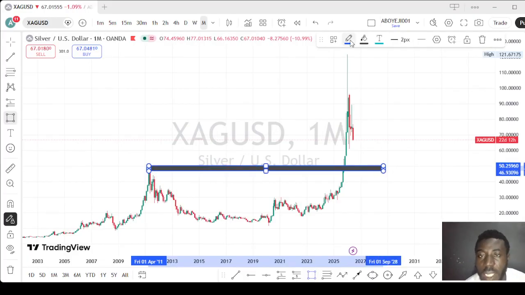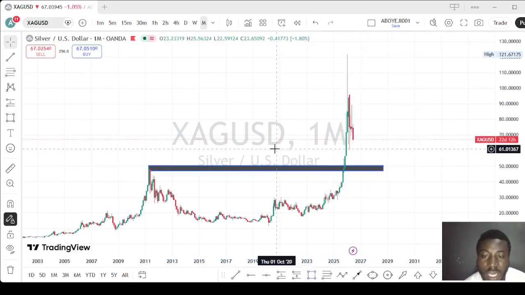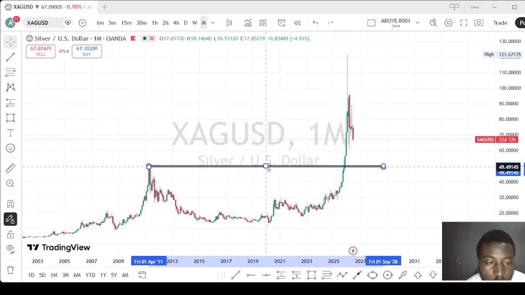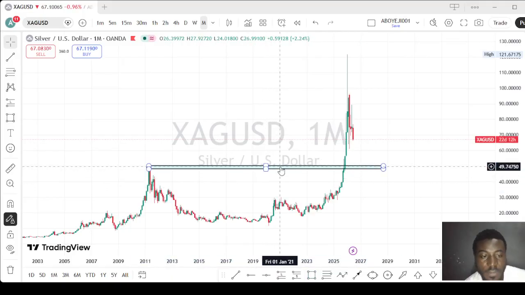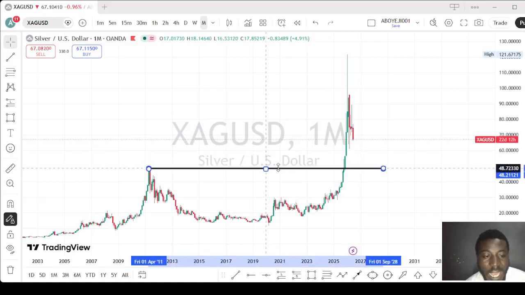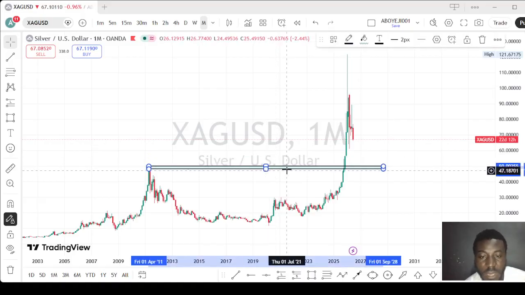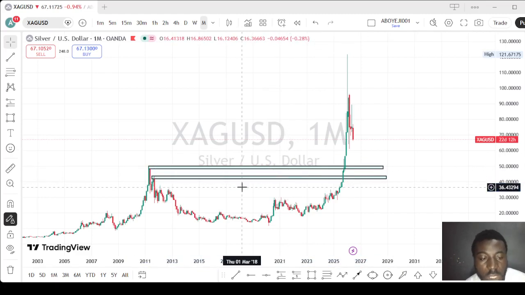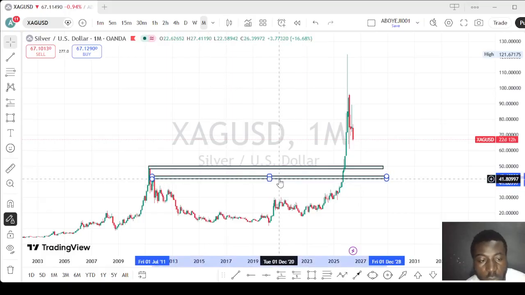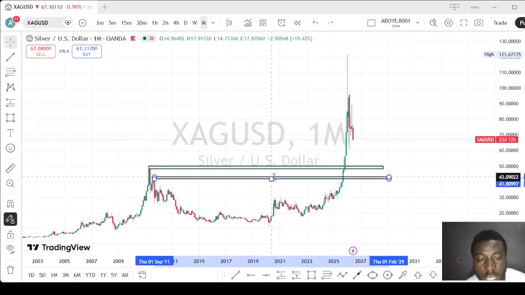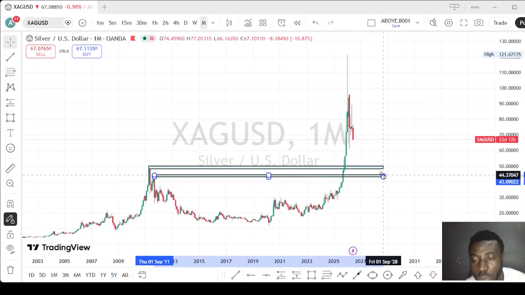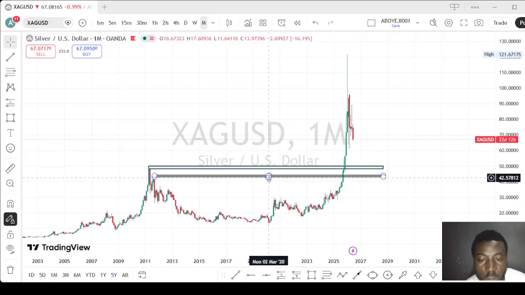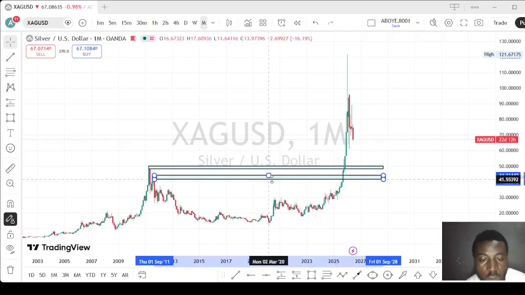You can see these are our key levels here. The market is going downtrend, and this is the first key level. This is the last higher high the market just broke. So definitely we are expecting the market to come to this key level before we can continue our uptrend. That is the key level, and this is another key level here. The market just broke it. So if the market does not respect this first key level, it's coming to this second key level, and we still have our third key level.